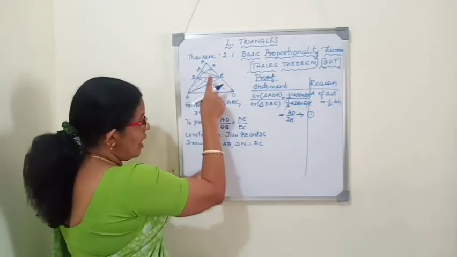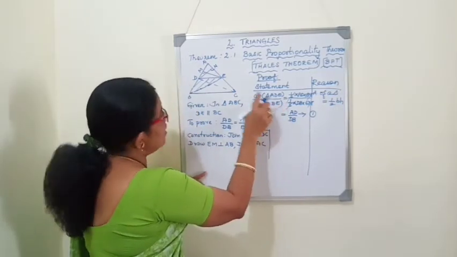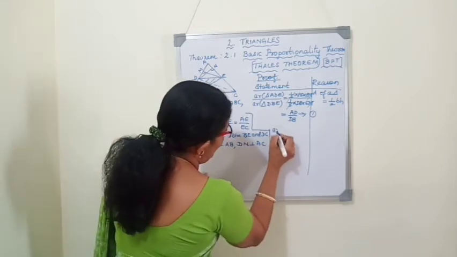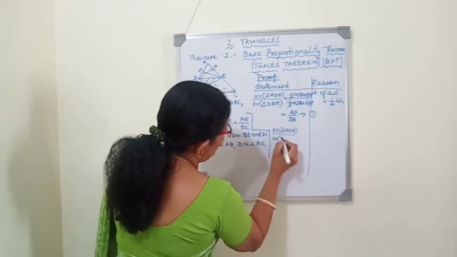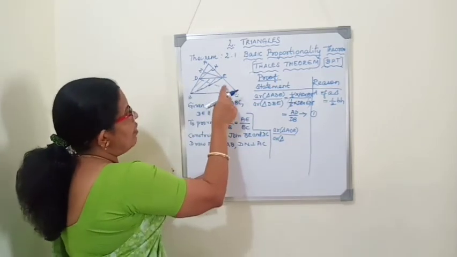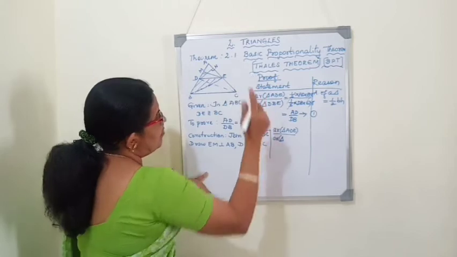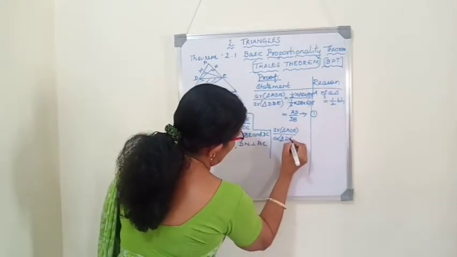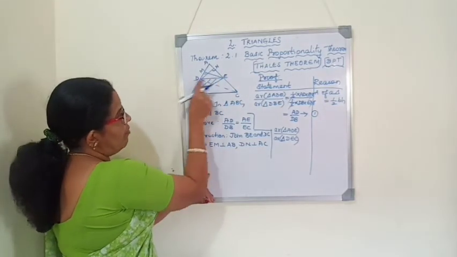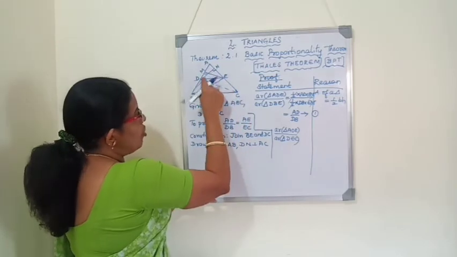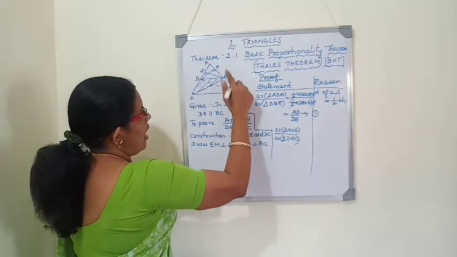Now, next we will consider the triangles again. Same top triangle, triangle ADE: area of triangle ADE by area of triangle, this time we will take this triangle, that is DEC. Triangle DEC. In the first case we had ADE and the left side triangle including the side DB. Now in the second case, the top triangle is the same, but the lower triangle includes the sides EC and DE. This triangle we have to take.